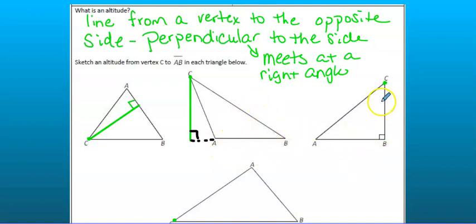All right, let's look at this one. This one already has an altitude because it's a right triangle. So on a right triangle, two of your altitudes are the actual sides themselves. So this is actually my altitude right here on this one. And then on this one down here, let me grab my line tool again. From C